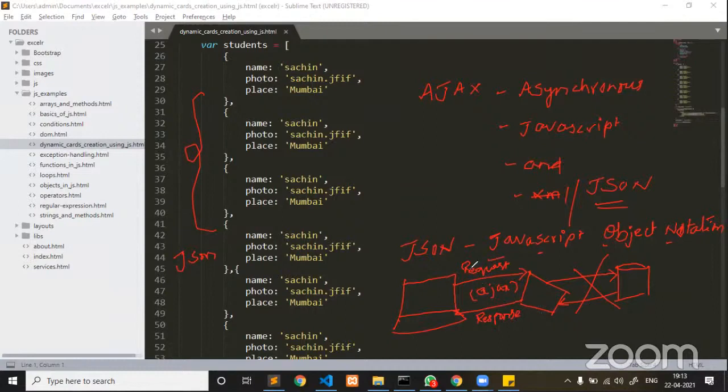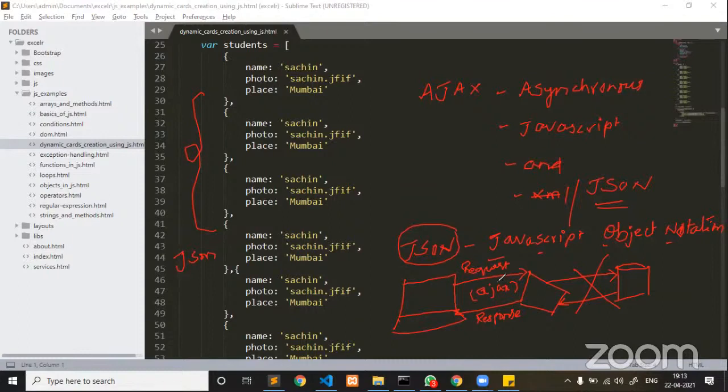Now the request and response data can be handled by JSON. When you are sending a request from the client side to your server side, you should also pass some data in order to complete that request.